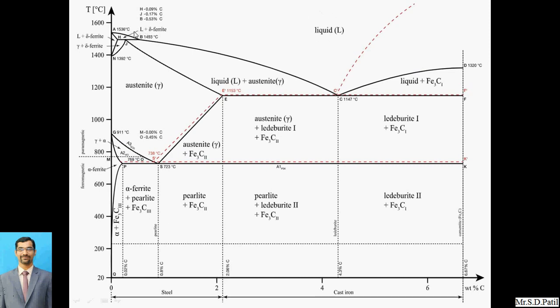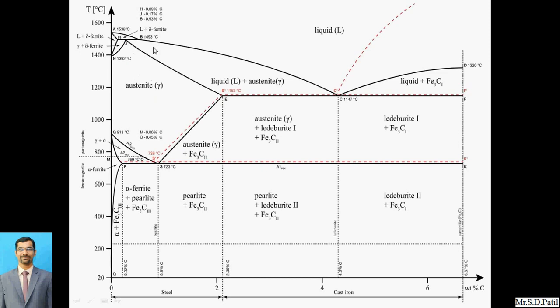Then this liquid, when we are going to cool, at near about 1536 degrees Celsius, or it might be 1539 degrees Celsius also, that liquid will start converting into another form, and the delta ferrite phase occurs. So this will be the region for delta ferrite. What we have seen in the previous lectures, those diagrams we will get over here. And when the delta ferrite goes on cooling, we will get the austenite phase.